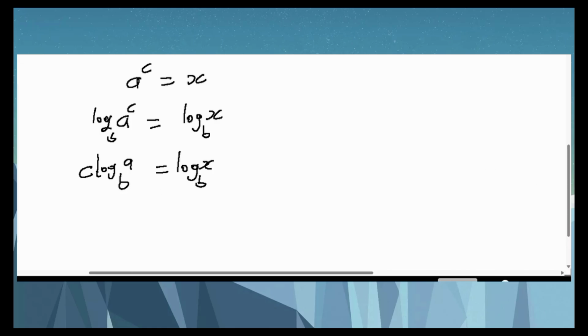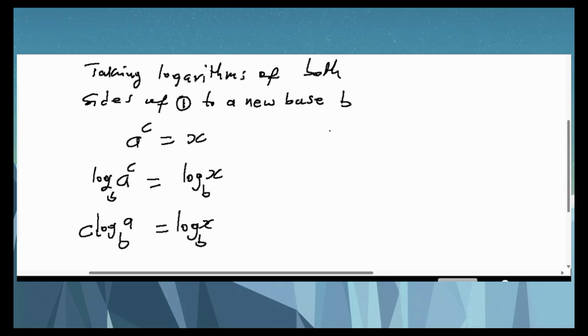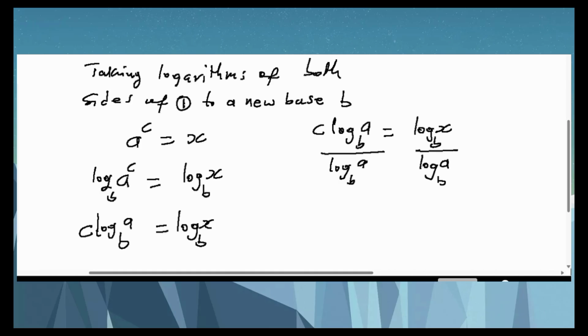Log a base b, so that the c will stand alone. So we're going to have c log a base b equal to log x base b, then we divide it by log a base b, and here too by log a base b, right? So when we do that, we are left with c